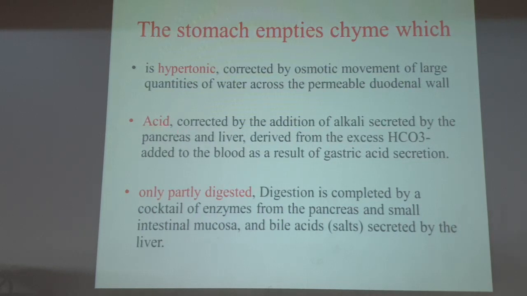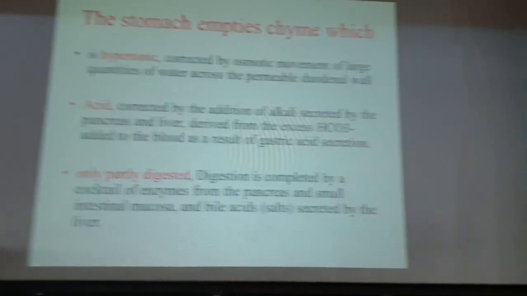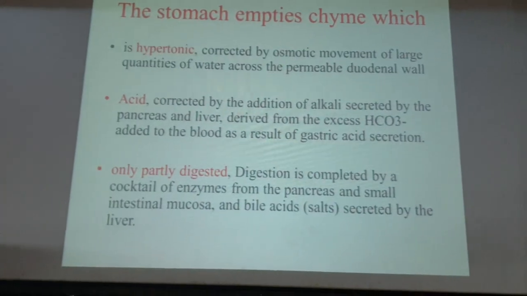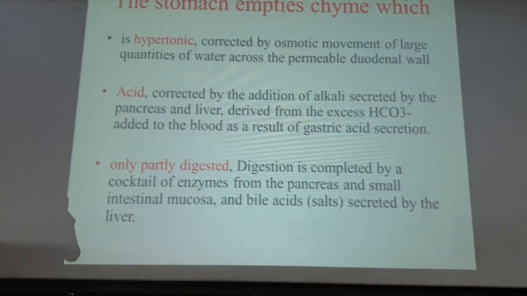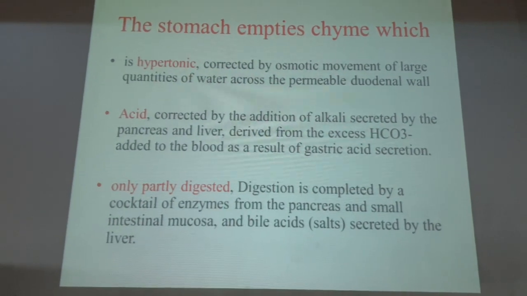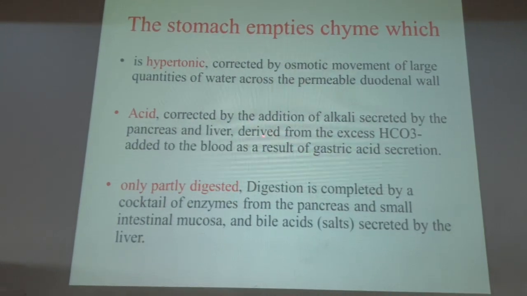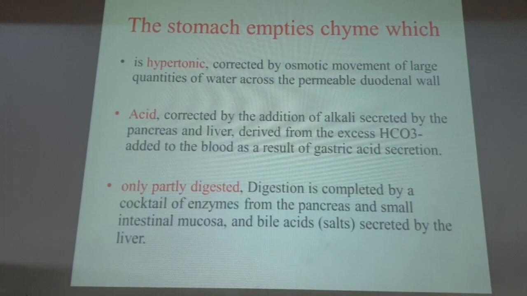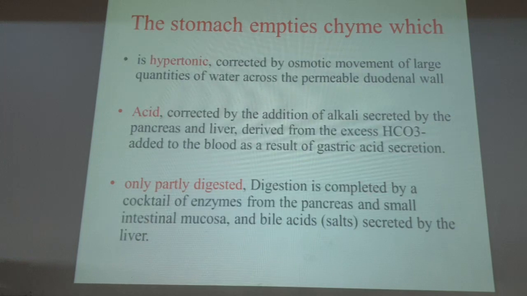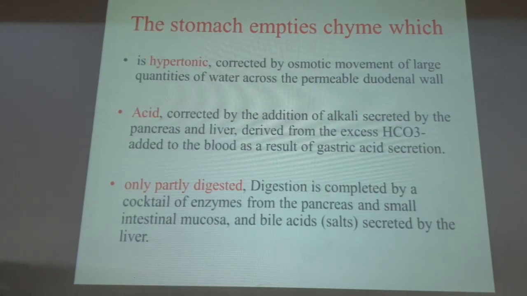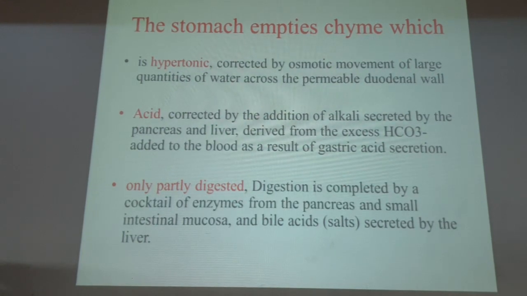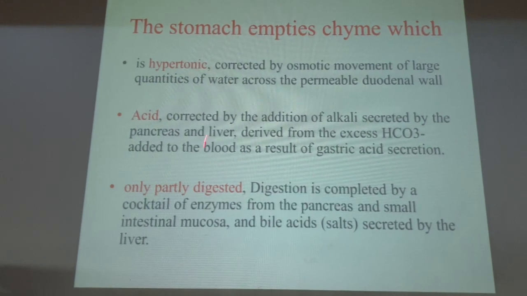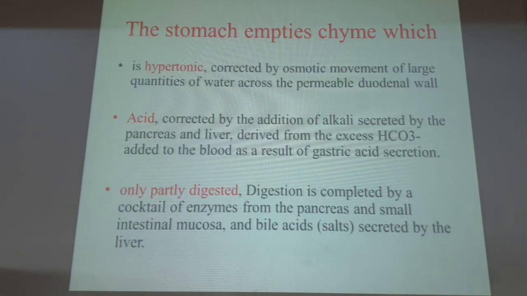Chyme is very acidic. But this acidic secretion is corrected by what? By secretions from the intestine, by pancreatic secretion from the ducts, and by gallbladder secretion. So it will be neutralized. And the bicarbonate that is secreted is alkaline. Whenever hydrogen ion is pumped out to the canaliculi, there will be bicarbonate absorption to the venous side. This will result in the venous side being slightly more alkaline. This alkaline venous blood